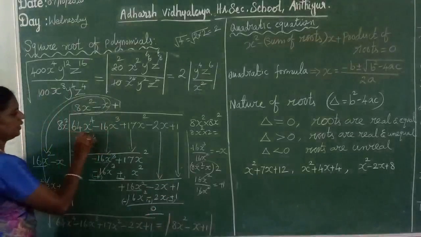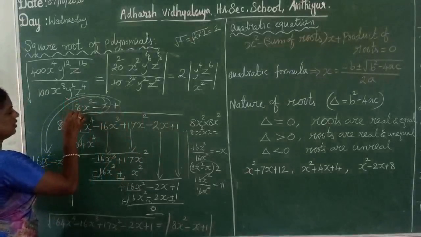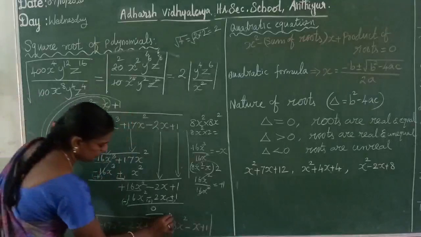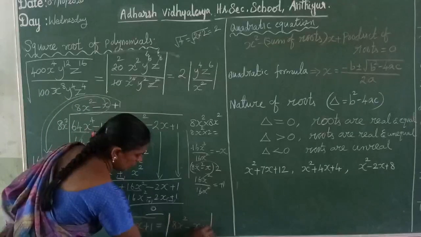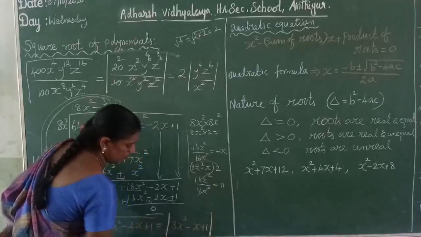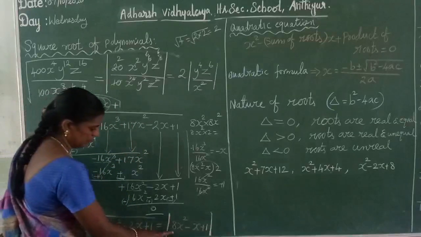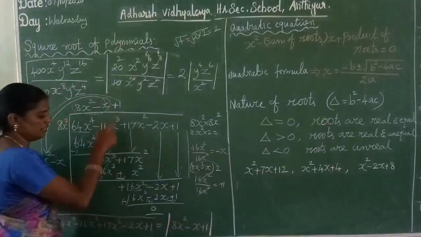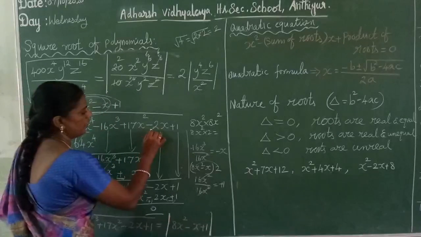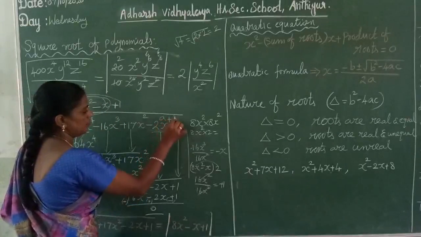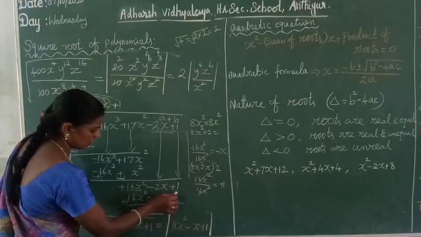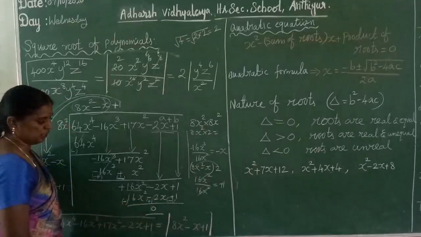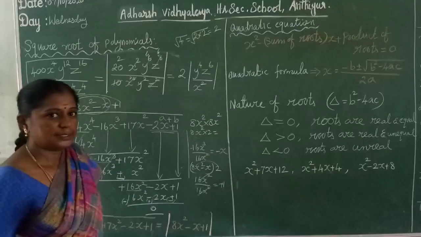So the square root of the given polynomial is the modulus of 8x square minus x plus 1. So we write it in modulus. This is compulsory, so write the modulus symbol. So at last the answer is modulus of 8x square minus x plus 1. This is a very important 5 mark question. Suppose variables are given, like a, b, then the last answer is in that variable. That also comes in the 5 mark question. Is this method clear?